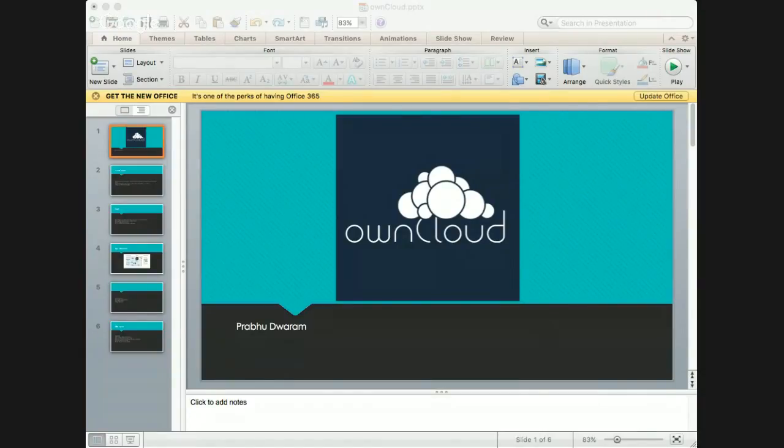I did my research on OwnCloud, and OwnCloud is a file sharing and file synchronization software. It actually provides your own cloud, like the name suggests. OwnCloud is pretty much a web interface, and it also has a desktop interface, where you can set up your own cloud.